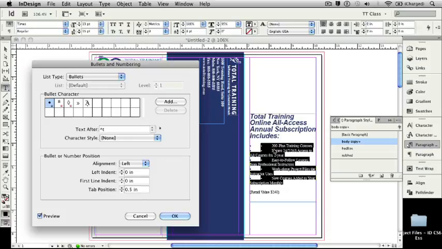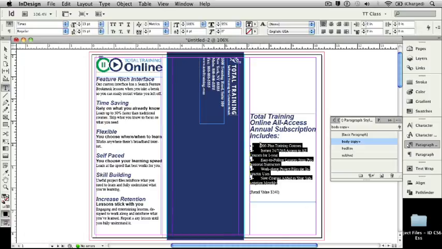The first thing I want to do is get rid of all this extra space that I've got loaded in. So I'm going to take this tab position that says skip it over 1/2 inch, and I'm going to bring that down a bunch. I'm going to bring that down to 0.125 or 1/8 of an inch away from that bullet area. Now because I have the preview box checked here, as I'm working with this bullets and numbering dialog box, it's actually set that in, and I can see that the black area is where the text will be for that to be set a little closer. I'm going to say OK, and then I'm going to get rid